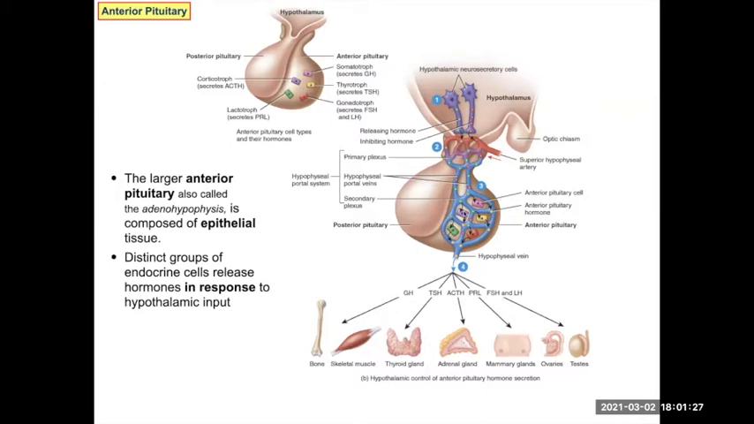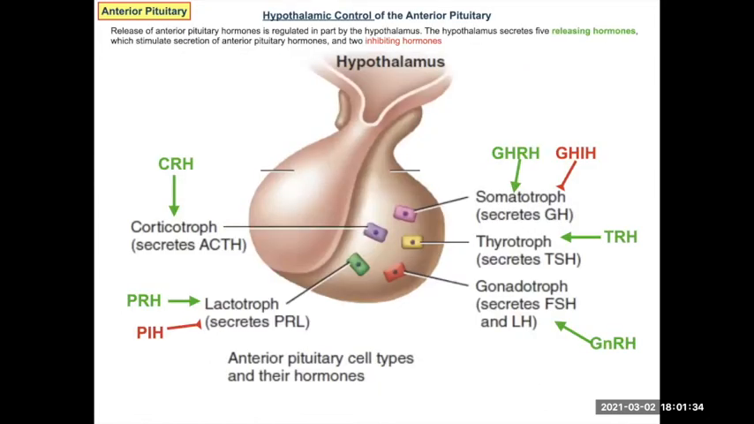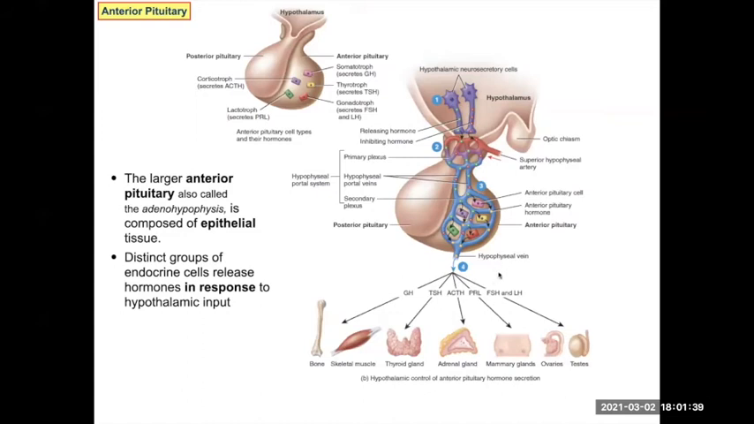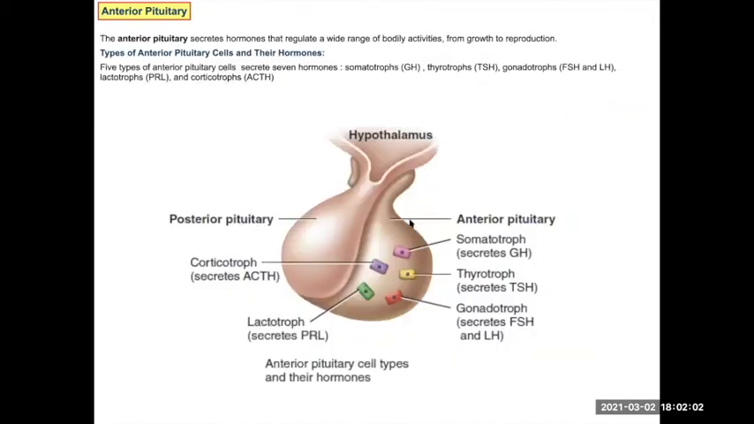And so you'll have 5 groups of cells that are going to secrete these 6 hormones, right? So they're distinct groups of endocrine cells within the anterior pituitary that are going to release hormones in response to that hypothalamic input, right? And then we'll talk about a few of these right here. These are the 7 hormones over here, which we just went over, and we're really going to talk about